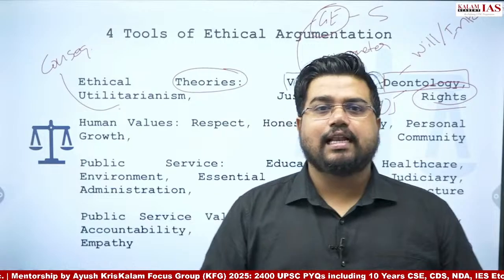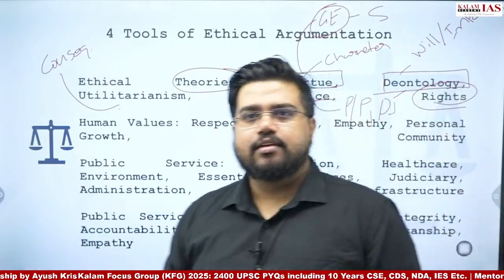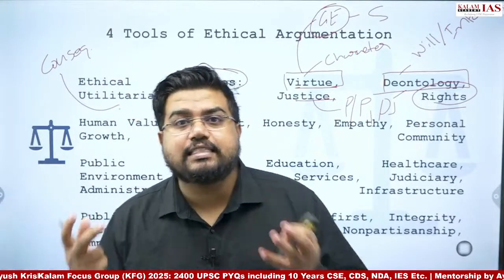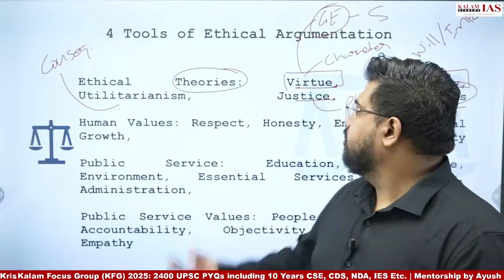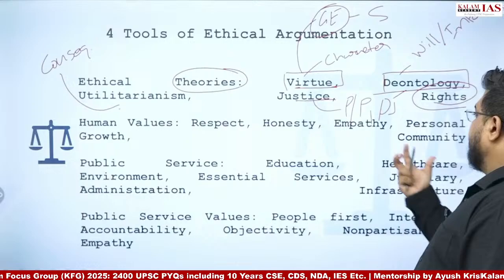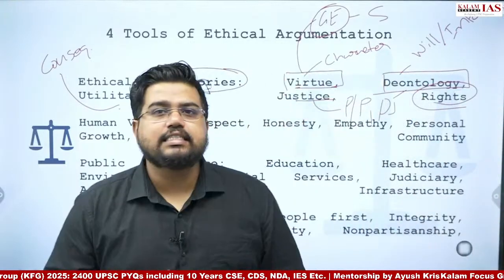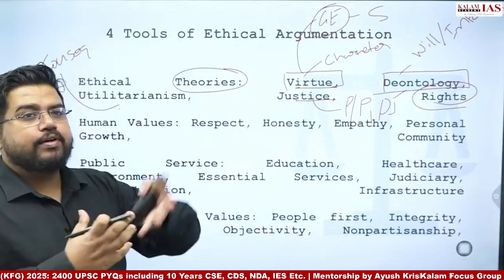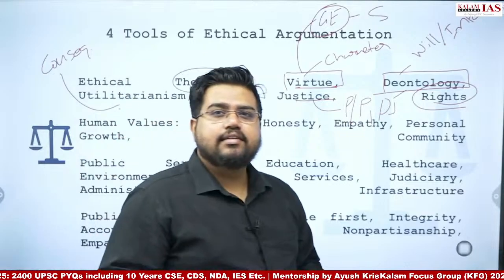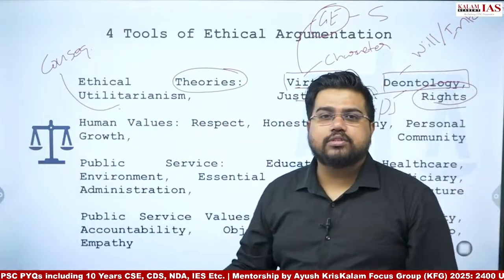And how to bring these elements? That is simply: think about different values. If we speak about artificial intelligence, think of the different values artificial intelligence is upholding. Think of respect, think of honesty, integrity, think of empathy, compassion, personal growth, which is essential for an individual. Think of community thinking, think of spirituality. So these are all different human values.